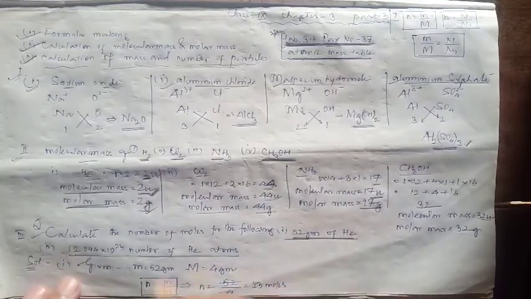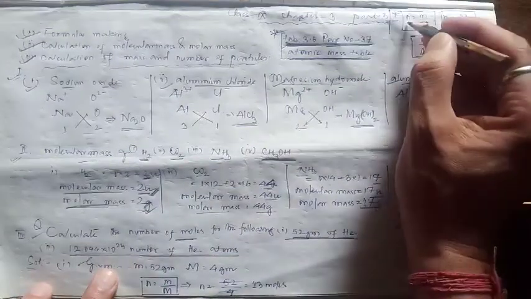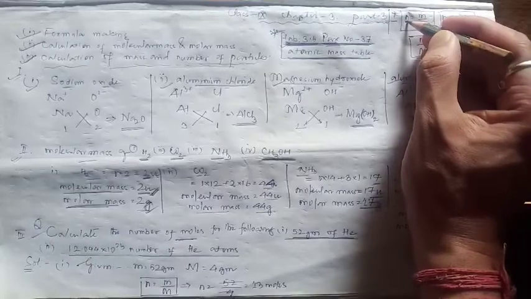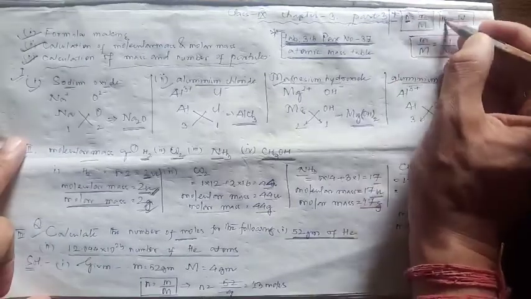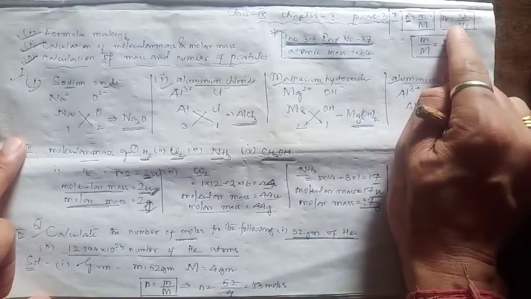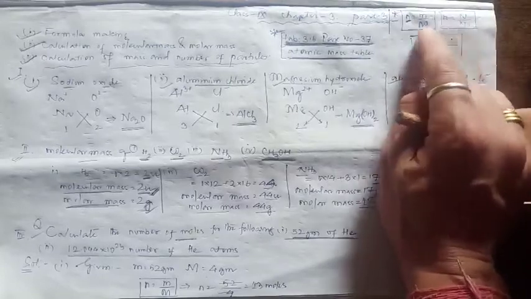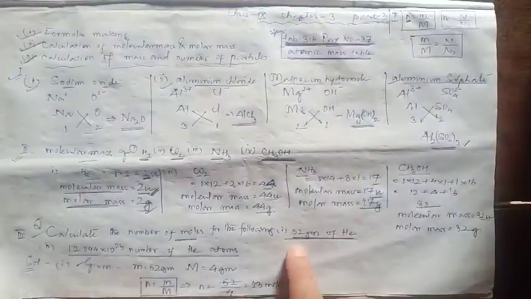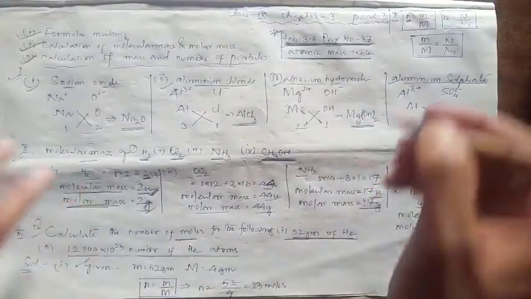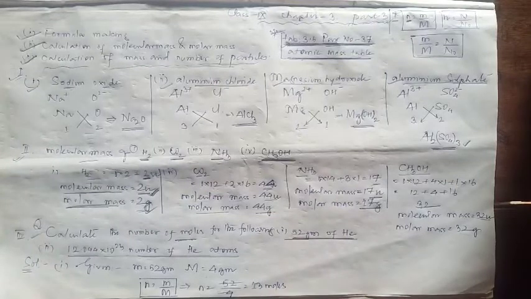Now students, what do we need to calculate? The number of moles. Now come to this formula. This symbol, small n, stands for the number of moles, and we want this small n. So which formula to use? See what is given in the question. Based on the given information, you decide the appropriate formula. Here mass is given, so of course we'll go with the formula where mass quantity is involved. First let's write the given quantities.